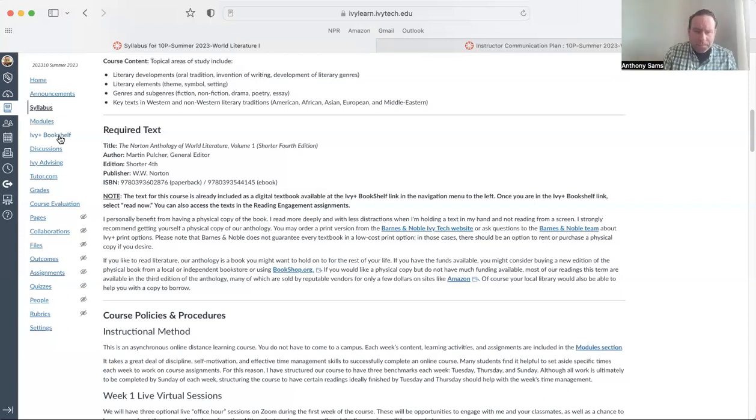You might start with the Barnes & Noble website. Our bookstore team sometimes can get you a low-cost print option. You do have to pay for it in addition to the tuition dollars that you've spent for the Ivy Plus program if you're part of the program. If you're not part of the Ivy Plus program, or even if you are and you're interested in getting a physical copy of the book,